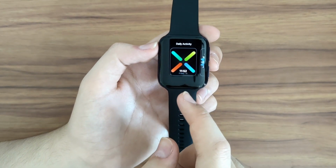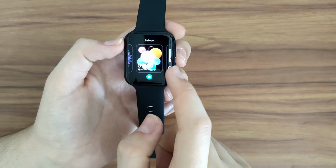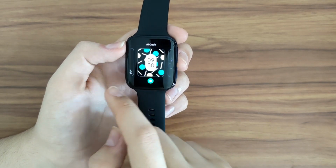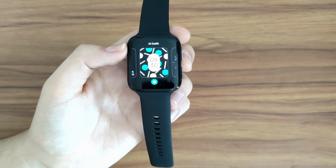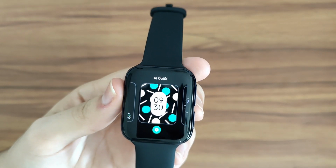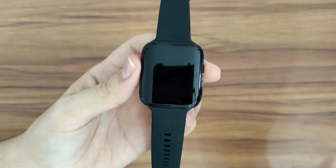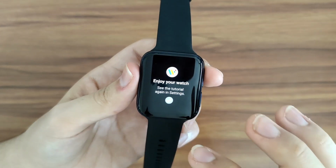I wasn't ready for that. So watch faces, you can choose a bunch of them. You can use photos. Oh, this one is interesting. So this is one of the features that OPPO also advertises here, which is the AI outfit. So if you use your phone to take a picture of what you're wearing,